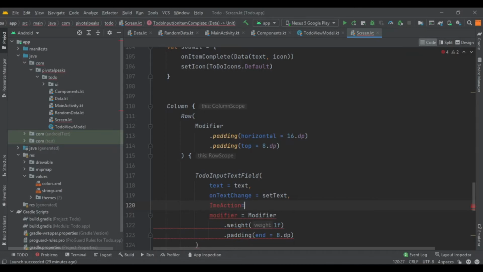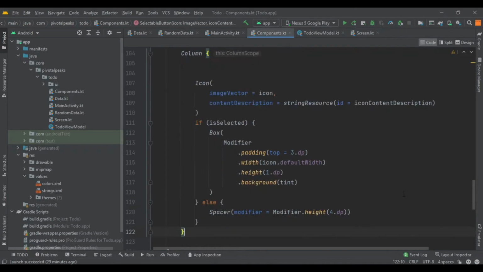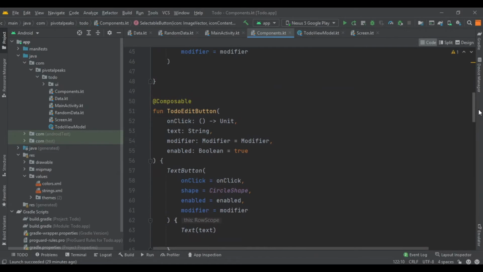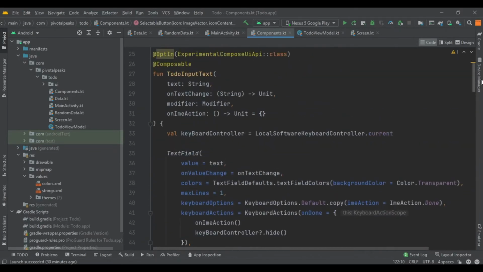And it looks like something is wrong, so I need to go back to our components to see if I have made the IME action a parameter. So the to do in edit button, to do input text, I have made this function here but am unable to extract it, fetch it from my screen.